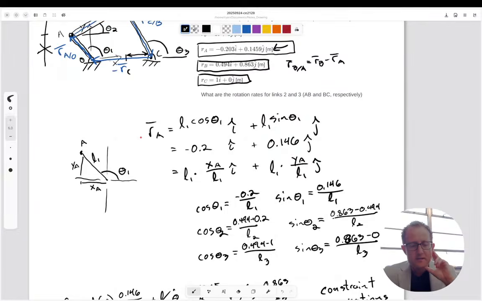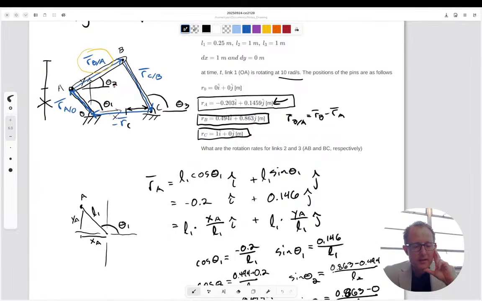Now theta 2 should be over L2, but it's 0.494 plus negative 0.2, so 0.694. And then sine theta 2 should be this 0.863 minus that 0.5 of A all over L2,